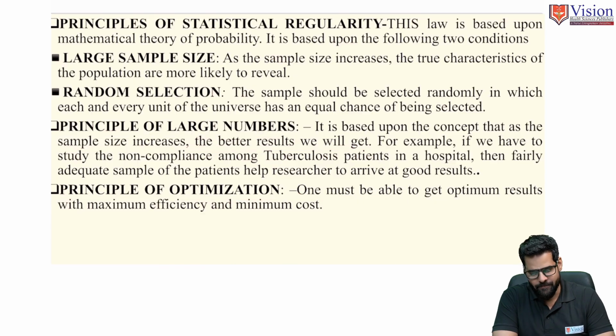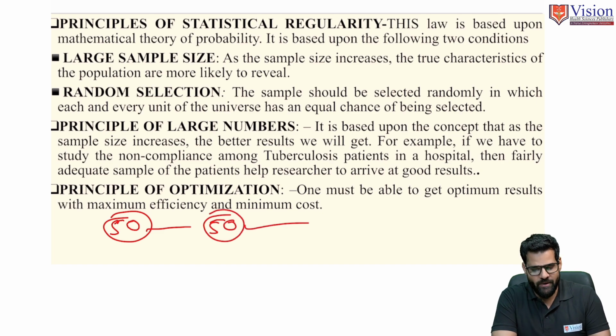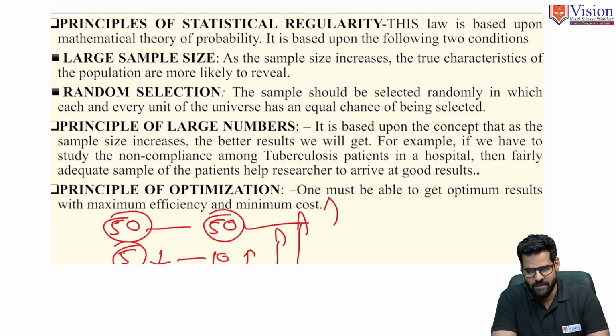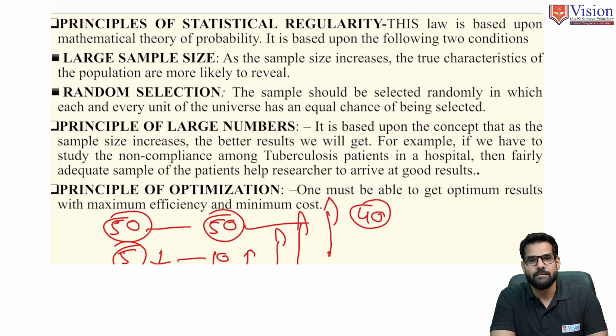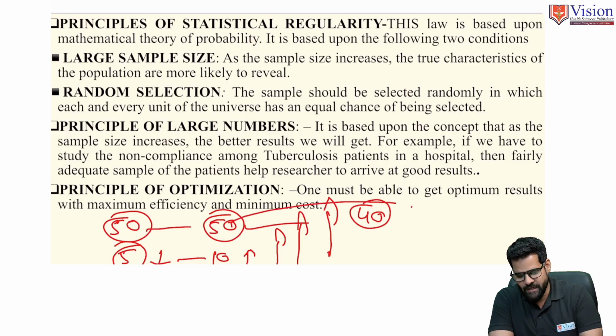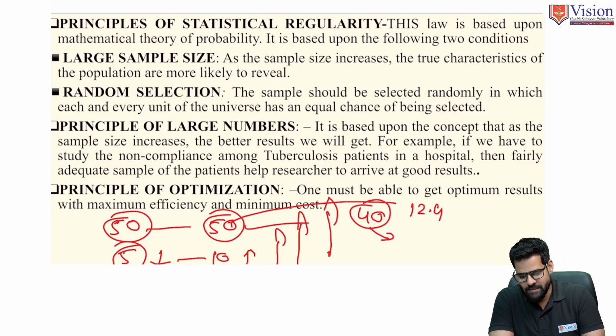One side it is clear. If there are 50 subjects, you draw data from 50. Fine, you will get more accurate results. But if you are taking 5 samples, less accurate. If you are getting 10 samples, a bit accurate. So your accuracy will increase as you increase the sample size. But the point is, let's say you have taken a 40 sample, and the hemoglobin of these 50, if I say is 12.4, and the hemoglobin that we could estimate from the 40 sample is, let's say, 12.3,